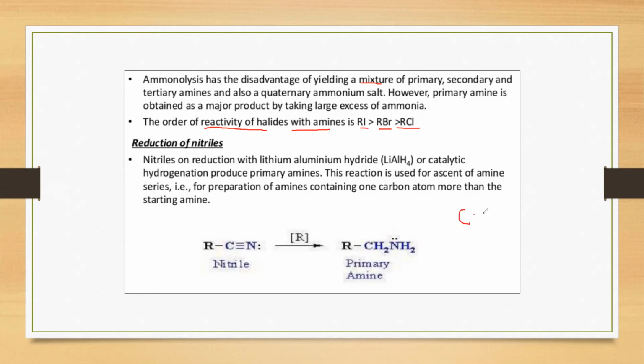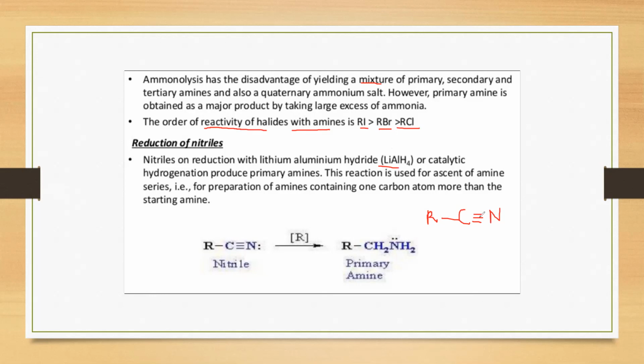It is another name for the cyanide group, right? C triple bond N. So a nitrile is an alkane nitrile, or R-CN, where C triple bond N is attached to an alkyl group. You can use either lithium aluminium hydride, and if you hear the word hydride, it is a supplier of H minus, so it will be a very good reducing agent, or you can use catalytic hydrogenation like nickel or palladium or platinum and hydrogen.